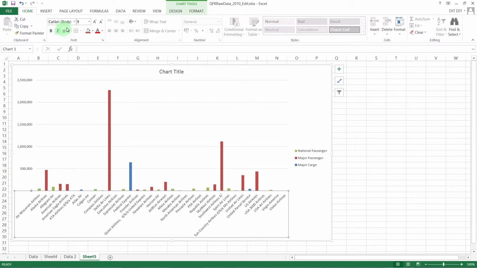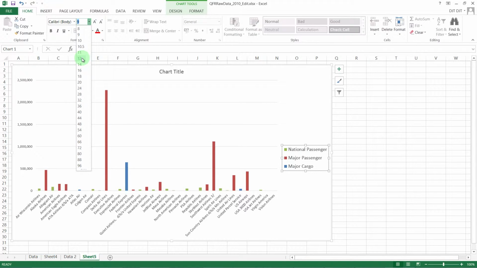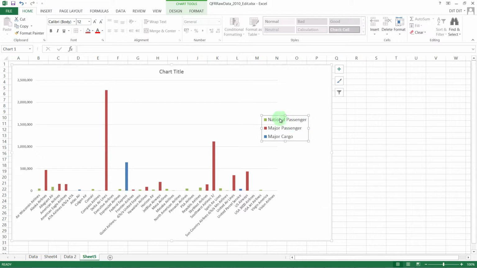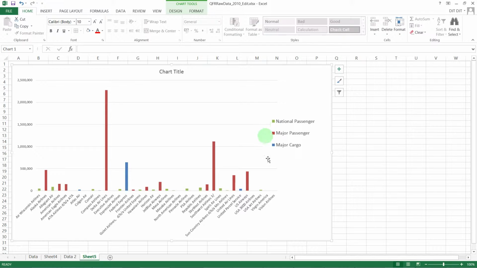The fill, make it bold, make it italic, all the usual stuff you can do with text. Probably quite useful to make this legend a bit bigger, so we can just make that 12 point and maybe move it up here, resize it a bit. It's all the usual formatting functions, and you can see the lines are behind it now, so we can go up here and use the fill to put just a white background in to get rid of the lines